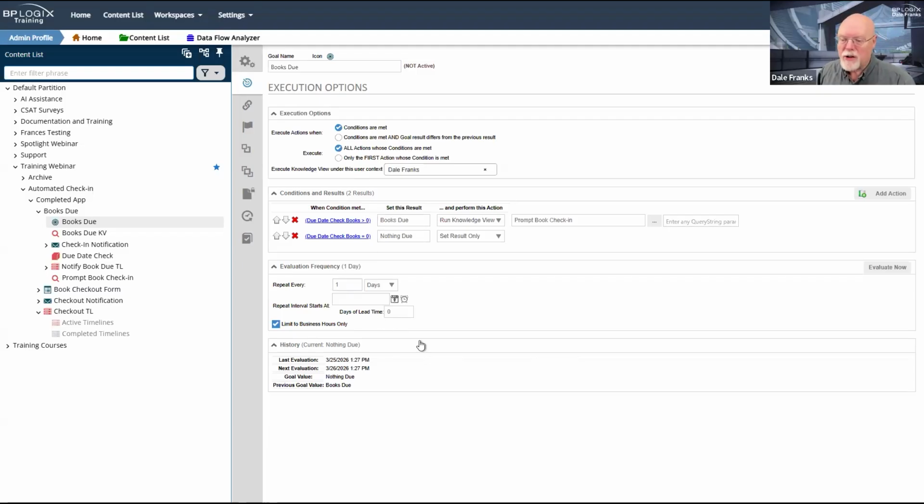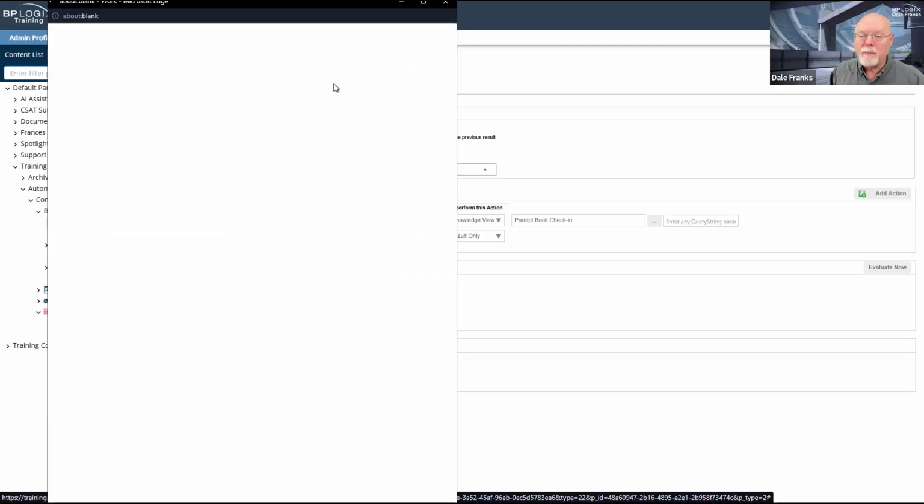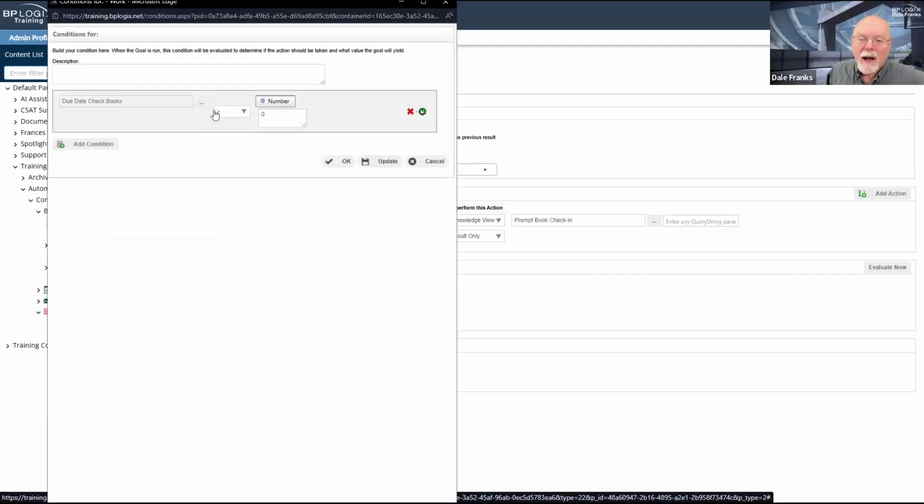So let's look at our conditions and results. My very first condition that I have set up, I'm checking the due date check business value. I'm checking to see if the value is greater than 0. If it is anything other than 0 rows in the knowledge view, then it's going to return that number.